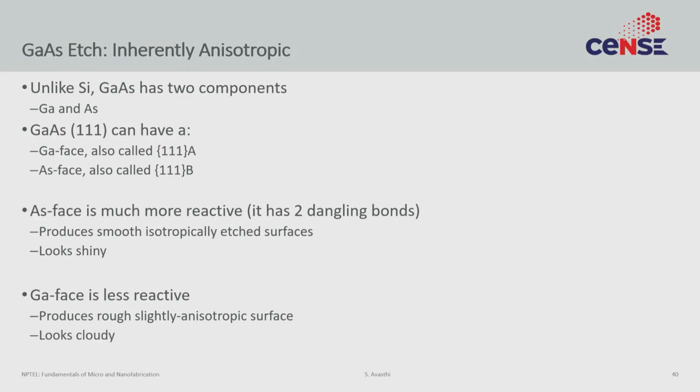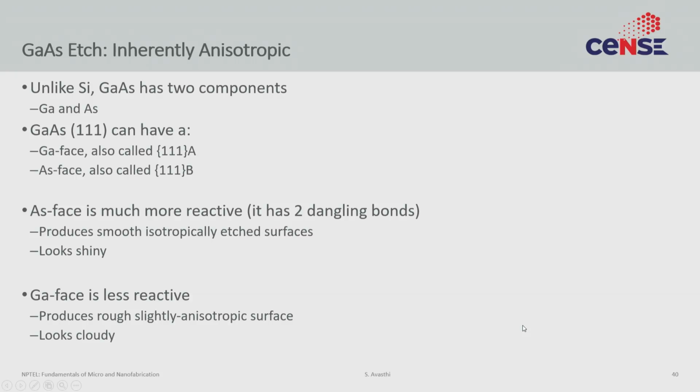So let's get started. In the last lecture, we had discussed silicon anisotropic etch, and we had also discussed silicon isotropic etch. So if you remember the silicon isotropic etch, it was a 3-component system. We called it the HNA where H stood for hydrofluoric acid, nitric acid, and acetic acid. And in that context, we had also discussed something called an iso etch curve, where we looked at how the concentration of these 3 different components affect the etch. If you want to etch gallium arsenide, which is another very popular semiconductor, the etch for gallium arsenide looks similar or is functionally similar to what the etch for silicon is, but of course the chemicals are slightly different.